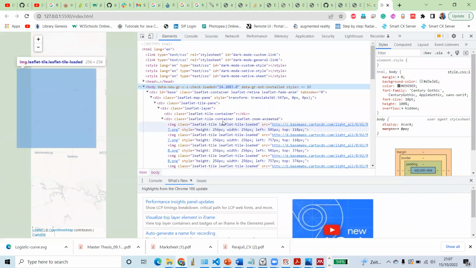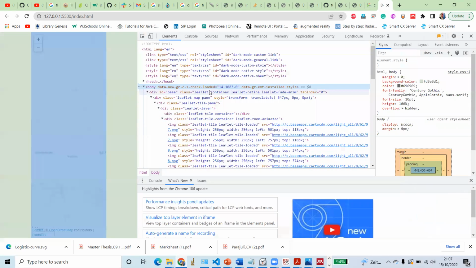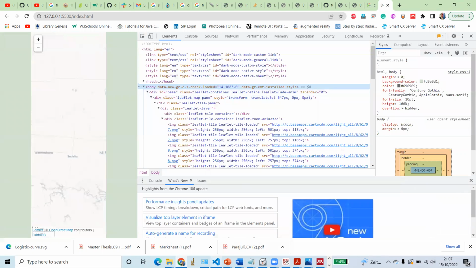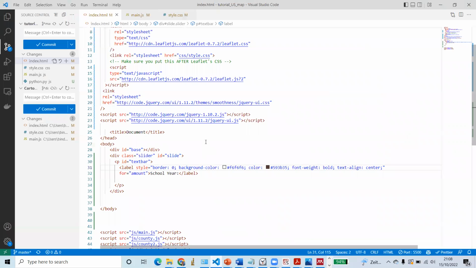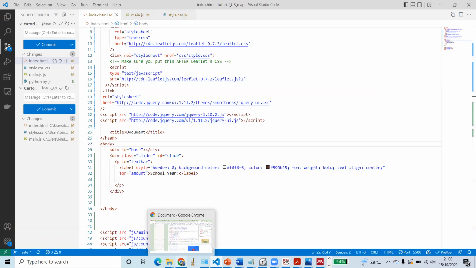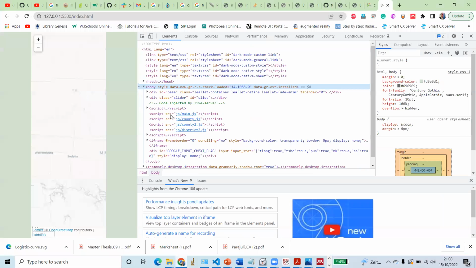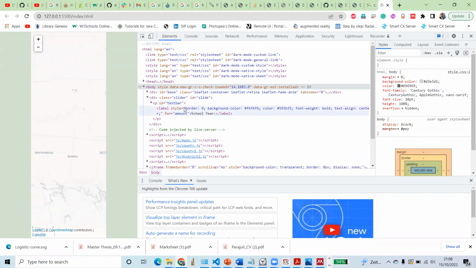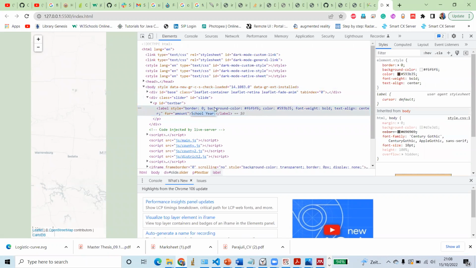These are the leaflet container. So this has not been loaded yet. I am not sure why it is not loaded. So we have this base, and outside of the base we have the slider. Yeah, slider is here. We can see it,